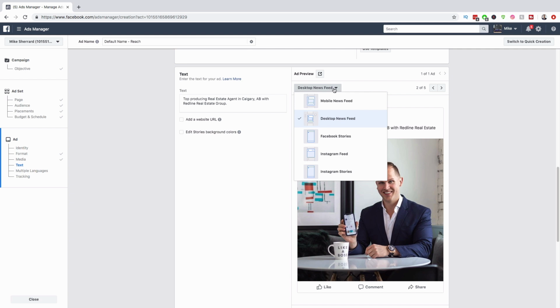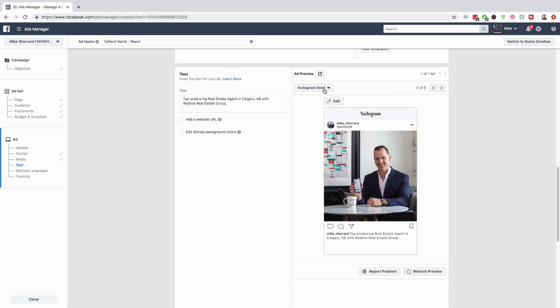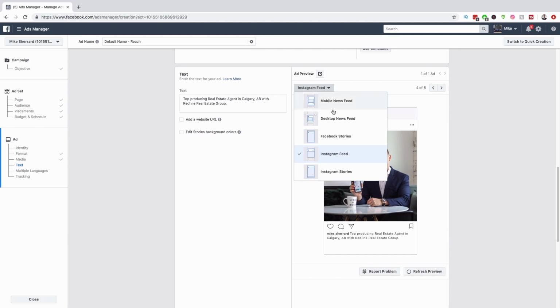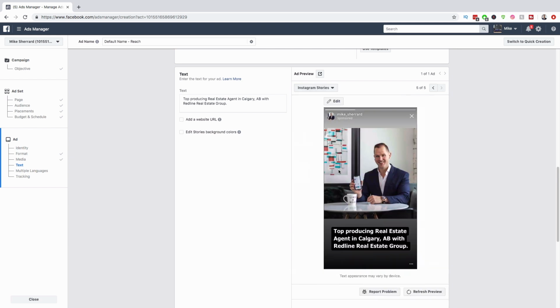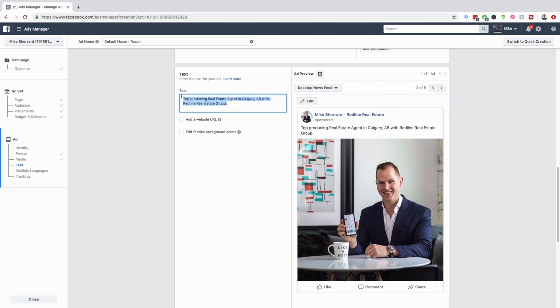You can also come down here and see what it looks like on an Instagram feed. You can look at what it looks like also on Instagram stories, because these were the 2 options that we chose. Facebook feed, Facebook story, Instagram feed, Instagram story. Okay. So let's come back to a desktop feed, and we are going to say,